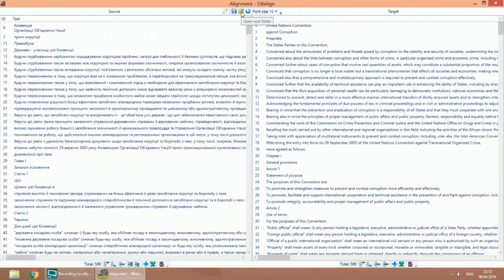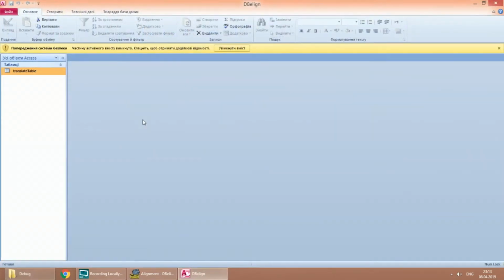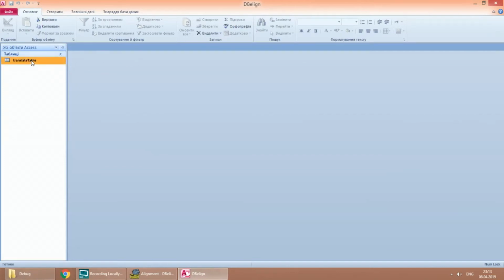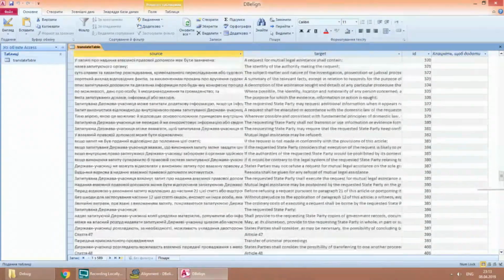There is a button in the top to open that folder. Let's see what we have. The database contains one table with the specified name and two columns, source and target.